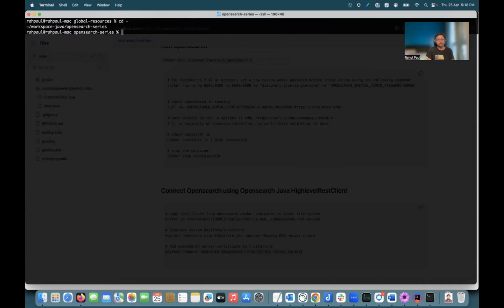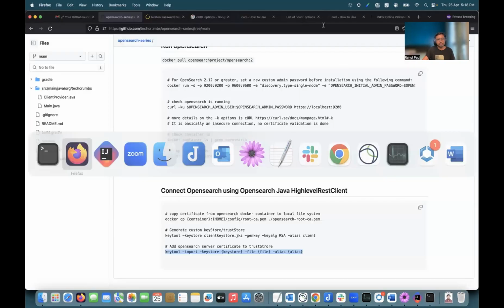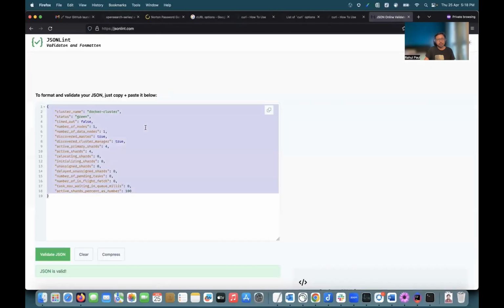Now let's go back to the application directory and try to run. Fingers crossed, this should run successfully now. Yeah, it does. Here we are printing the cluster health response. We'll just quickly see what the response is. We can put it in